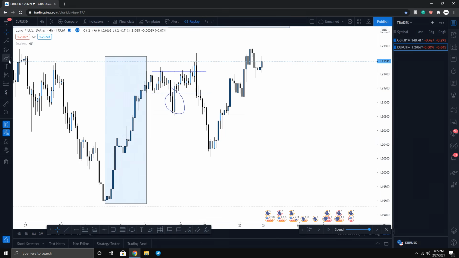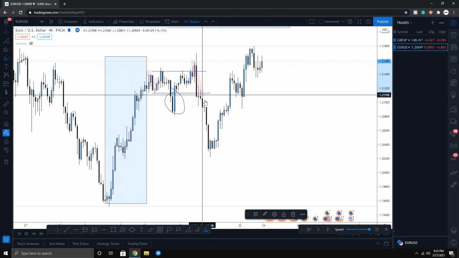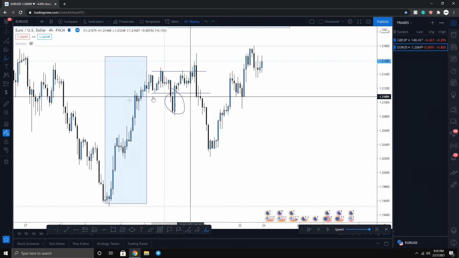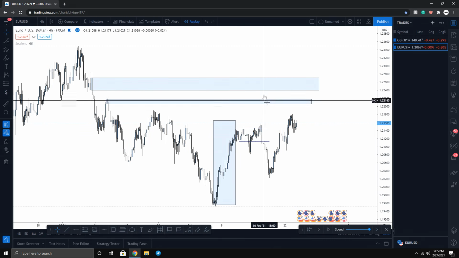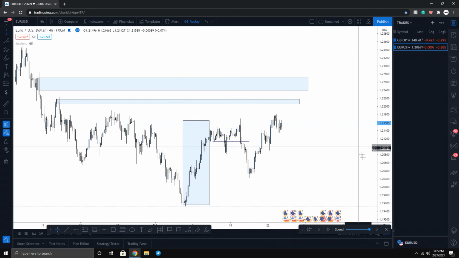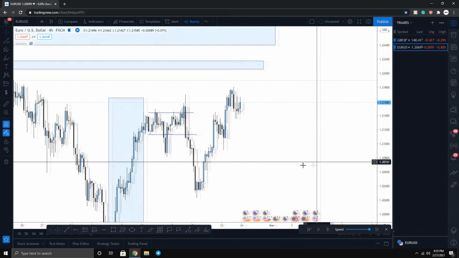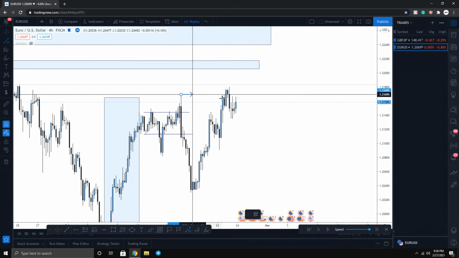So then we can say that this was the manipulation. This area here was the manipulation. So here, this is the market expanding, this is the market manipulating, and then this is the market re-expanding after stopping the buyers out and the sellers out. We didn't get an entry specifically because the market didn't actually end up hitting into our levels. But what happened after that? After the market re-expanded, what do we see? We see that the market ended up breaking this high.